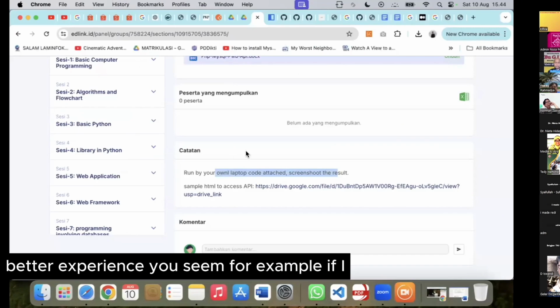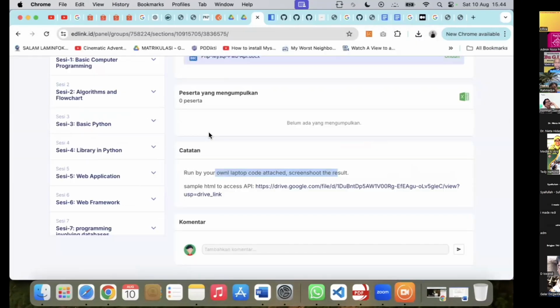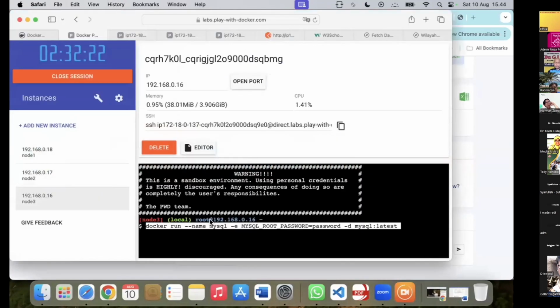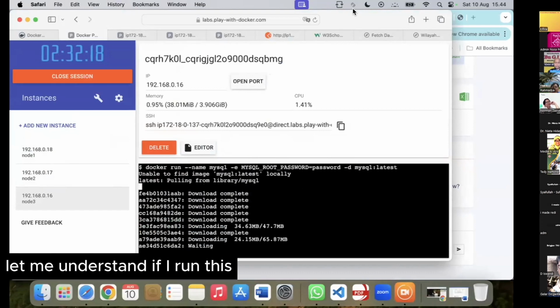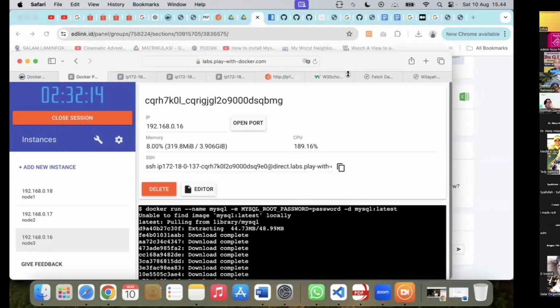For example, if I run a new instance, if I run this code,